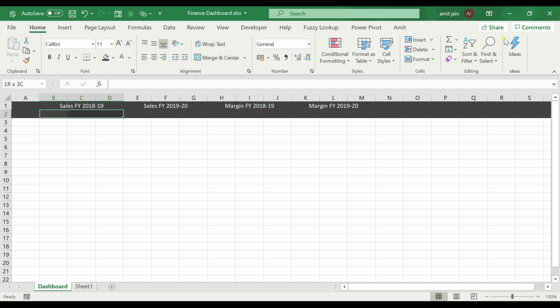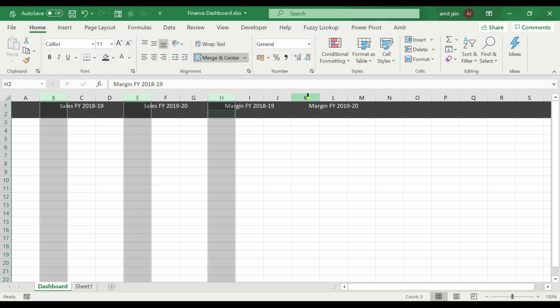Now in this cell, I'll be requiring the amount related to this financial year. In this one, I'll be requiring the increase or decrease as compared to the previous year. And here I'll give one sign: if there is an increase, it will be going upside, and if it is a decrease, it will be going downside. So friends, for the amount, I'll be needing a little broader column, so I'll change the width of the column also.